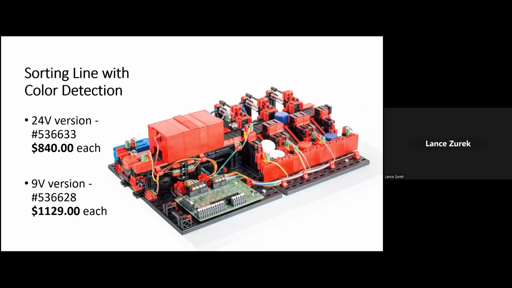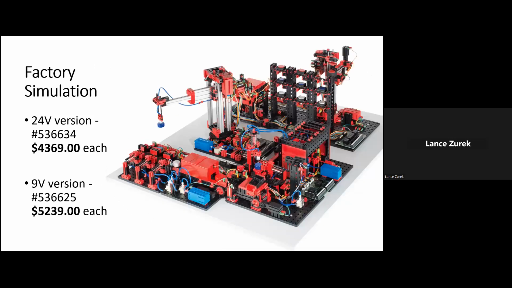The sorting line with color detection in the 24-volt version for use with PLC is $840 per unit. The 9-volt version is $1,129 per unit. And the full factory simulation in the 24-volt version is $4,369. And in the 9-volt version is